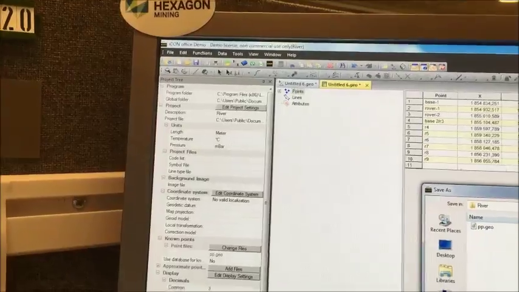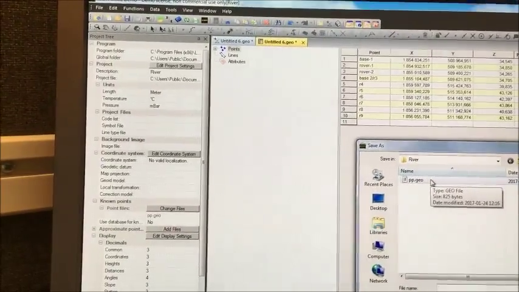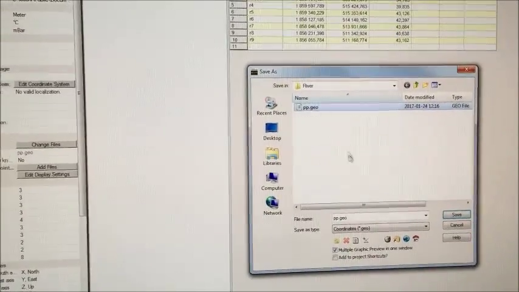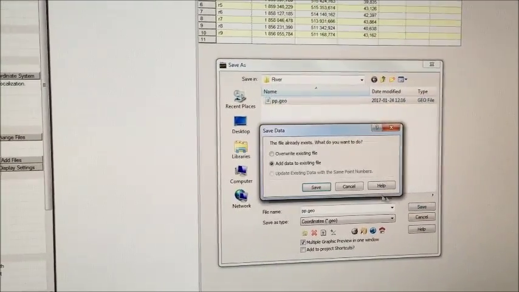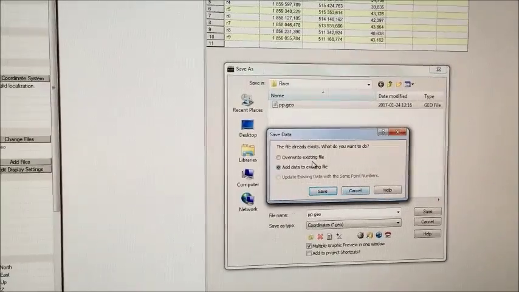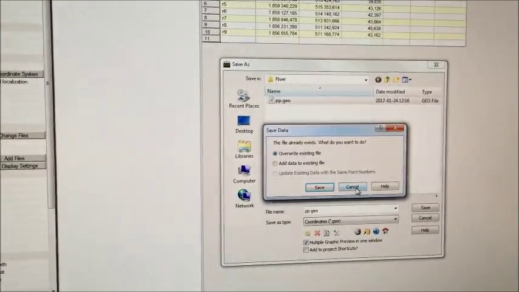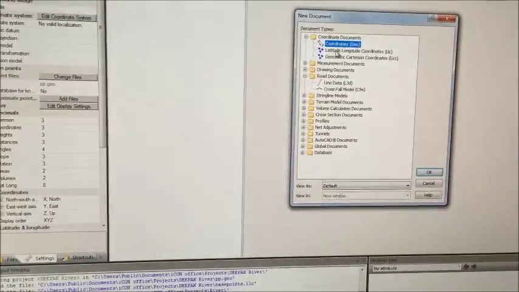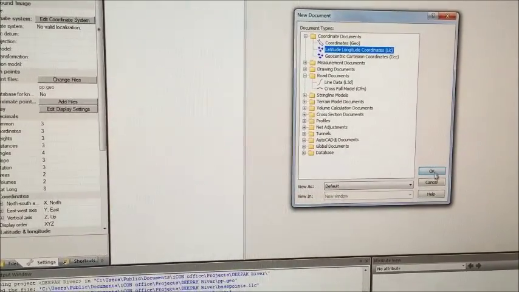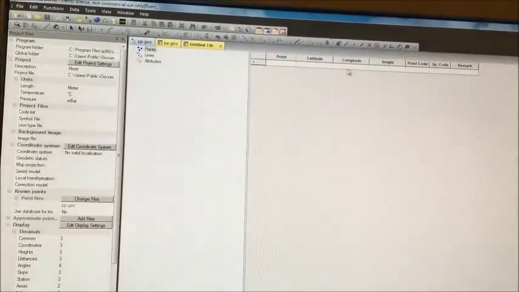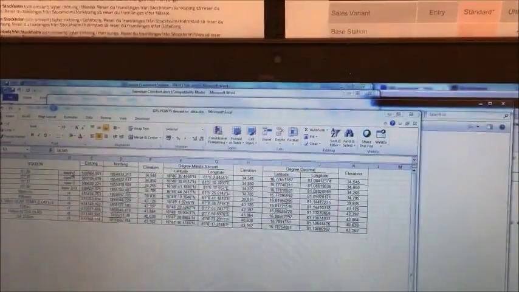Save. And I will save them as a PP file. Like this. Save. And now there is already one, so I will just overwrite the existing one. Save. Then I will create a new one, that is latitude and longitude. Okay, and now you will see you got lat long, and I will use the same